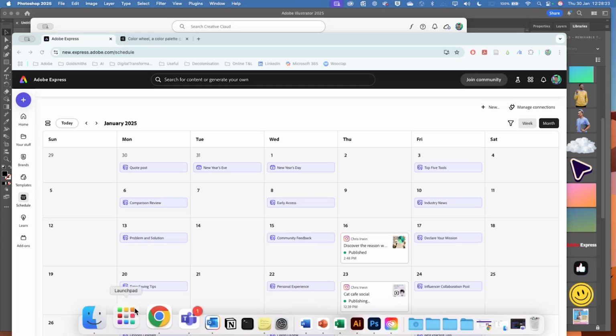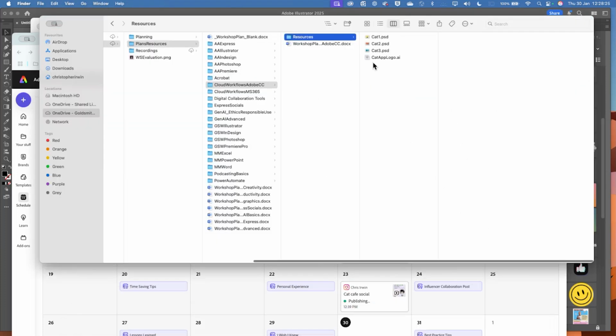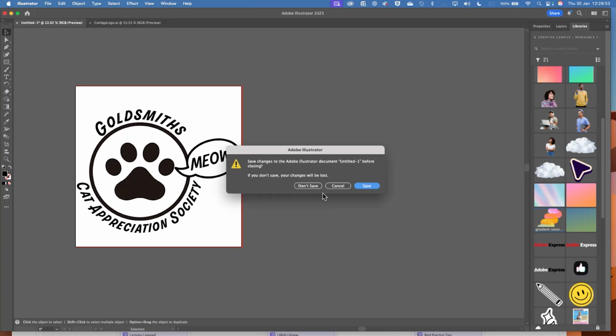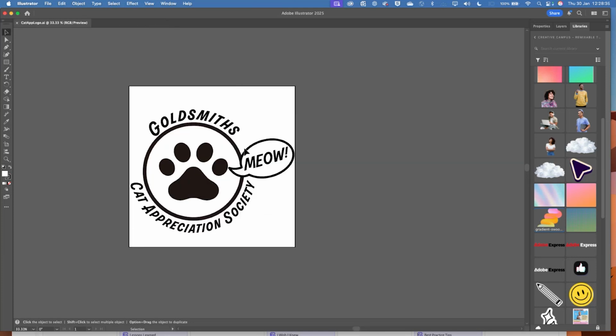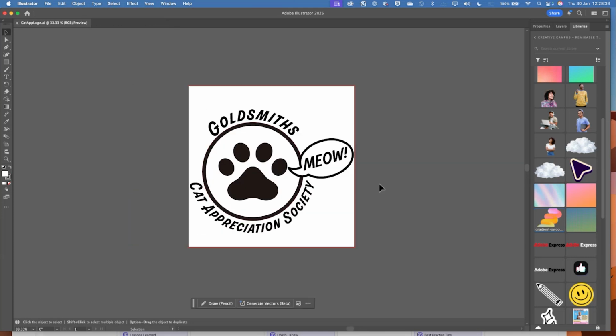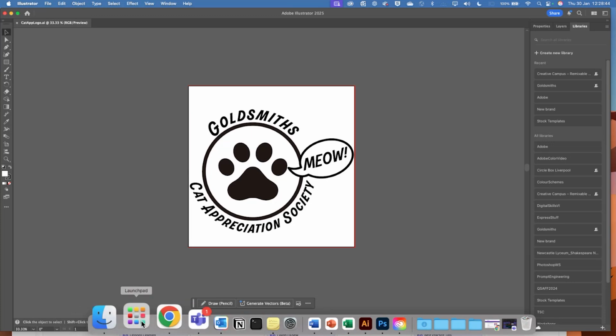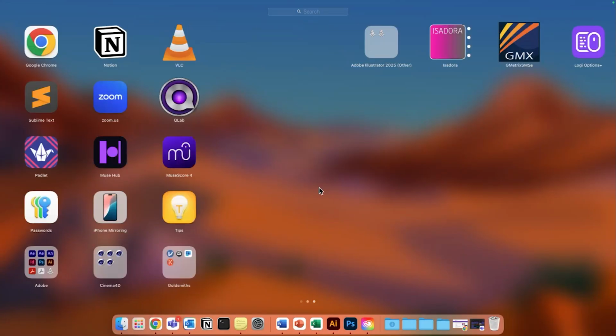So what I've got open is this logo that I've created for a made-up society at Goldsmiths. And what I'm going to do is I'm going to also open Adobe InDesign